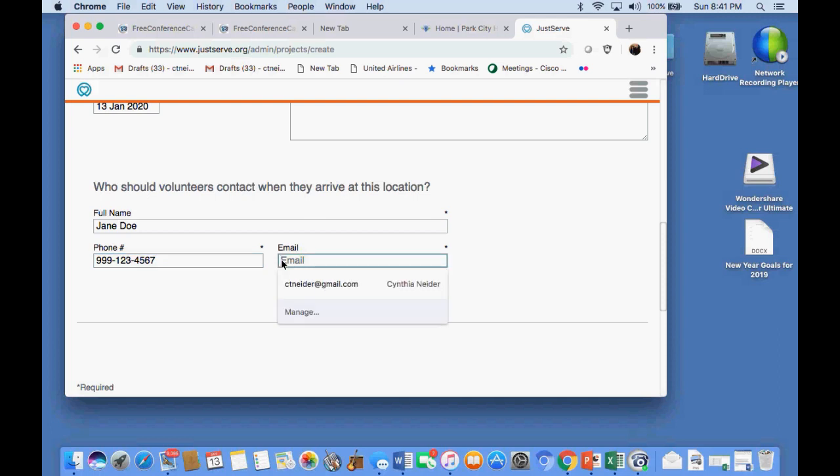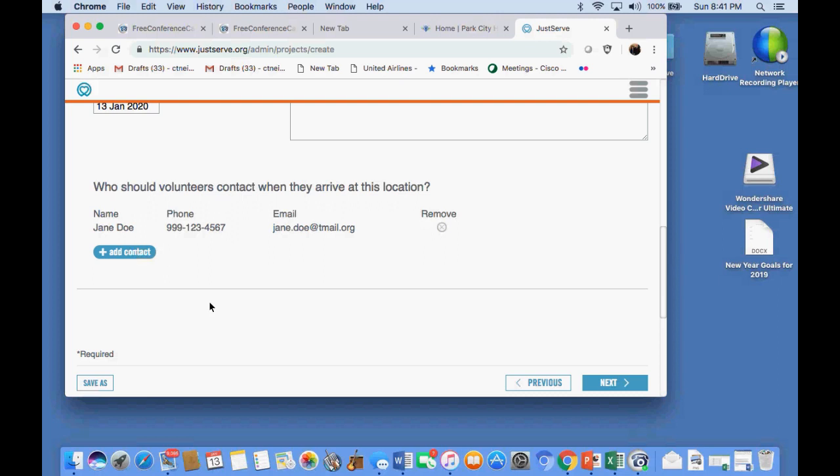And so it's important for you to keep her contact information available. Doe@gmail.org. Okay, so we're going to make sure her name is there, and if you want to add any more people, that would be great. Then we go to next,